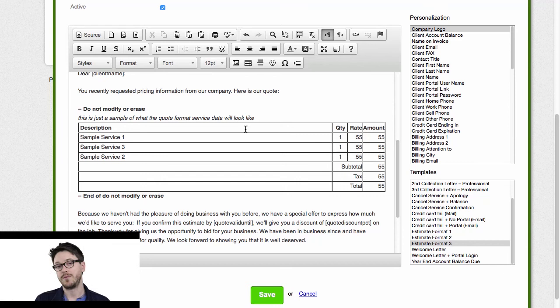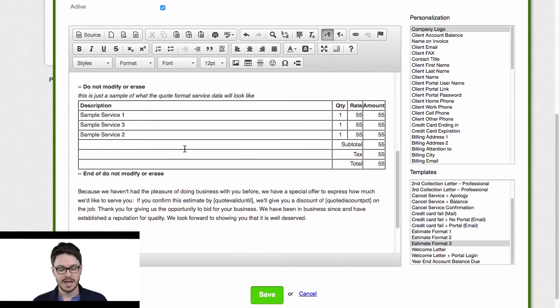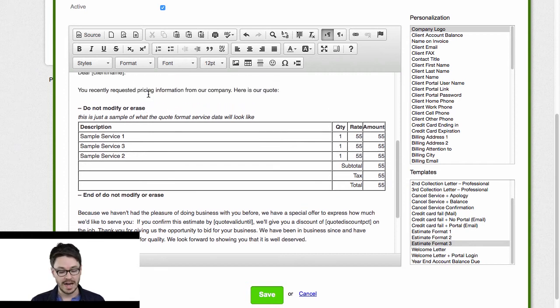Now, the reason that for estimates specifically I recommend starting with one of our templates is because it will include this section here that says do not modify or erase. There is functionality in the background of this editor. If I were to look at the source code, which we'll look at in a moment, there's actually code behind this that will